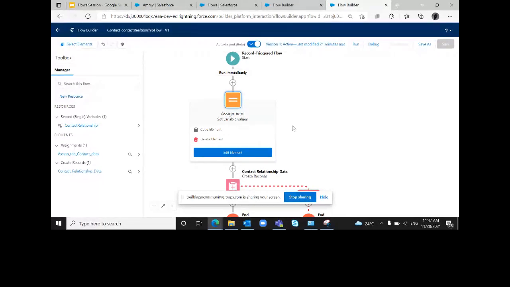So for the betterment, I have created a resource and assigned all the values in that also. This is a very simplified flow. If you look at the bigger picture, if you're creating a flow in which all these elements are there, but also these elements are on repeat, like many of the create record, many of the get records, or maybe multiple screens are there, and many more things. So in that case, we cannot create all the records again and again, right?